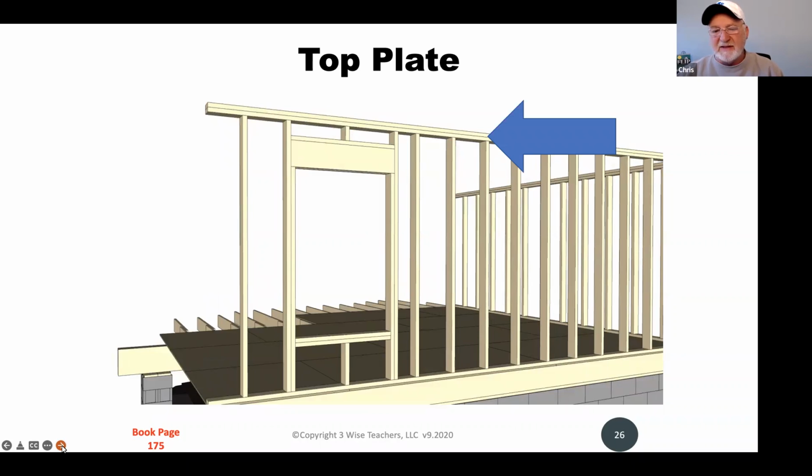Notice the top plate. In this case, it's exactly what it says it is. We are now finished with the first floor framing. So we put a top plate on the top of that to hold that together and to start the second floor if necessary. It is very descriptive of what it does, a top plate. You can see it looks like a piece of 2x4, just a second layer laid on top of the first floor framing.